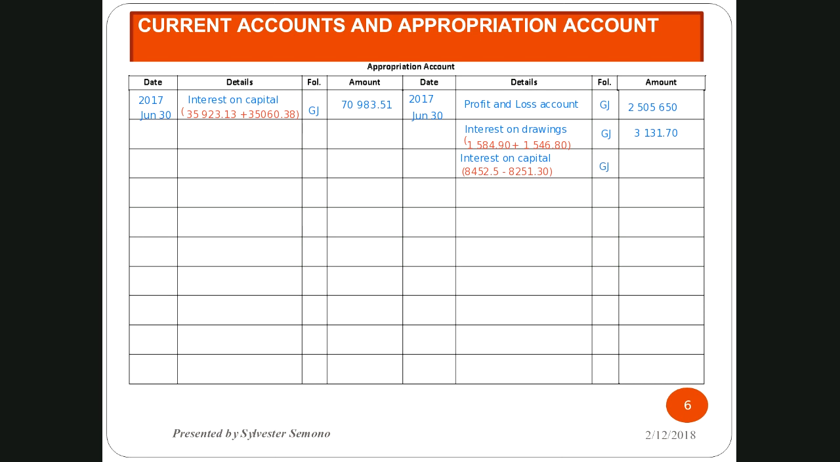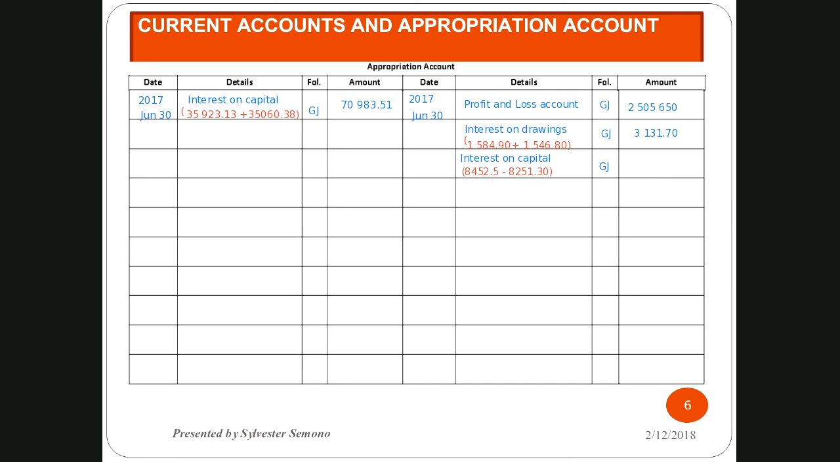So we're going to say 8452.5 minus 8251.3. Let's double check. 8452.5 less 8251.3. So the difference is 21.20. So this will be given to the business instead because the business has had to pay 82 only, but they have to be paid 84. So the difference has been. Okay. Now let's go to